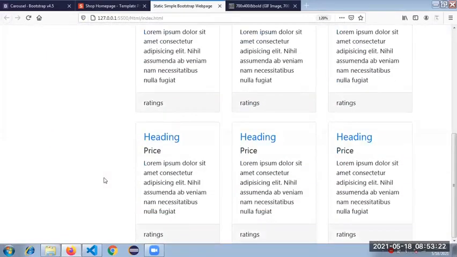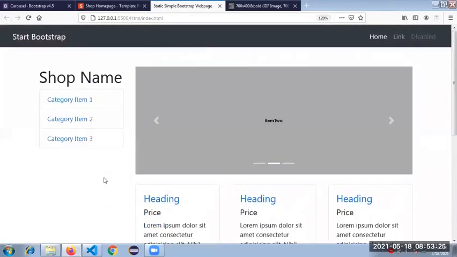Guys, are you having any doubts, anything? See, the image is not a matter. If you insert that image inside of that, then it has to accommodate with that. Okay, let me try now.